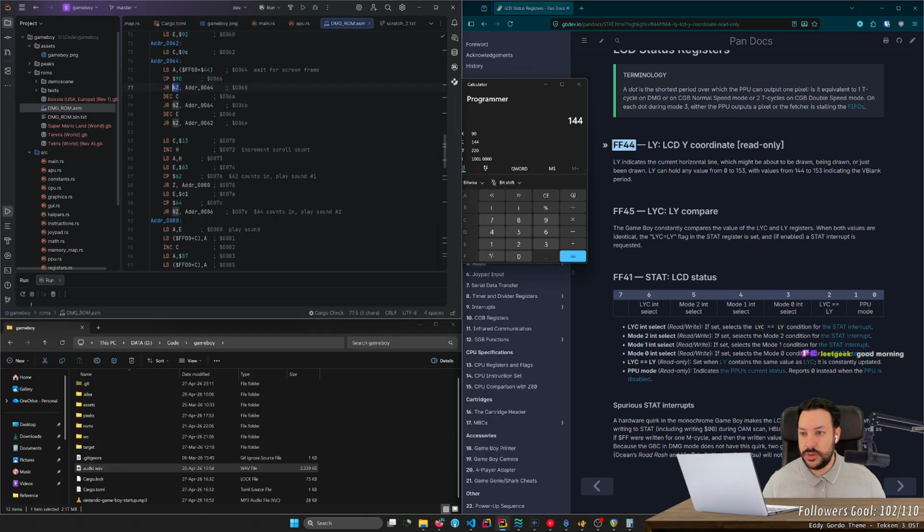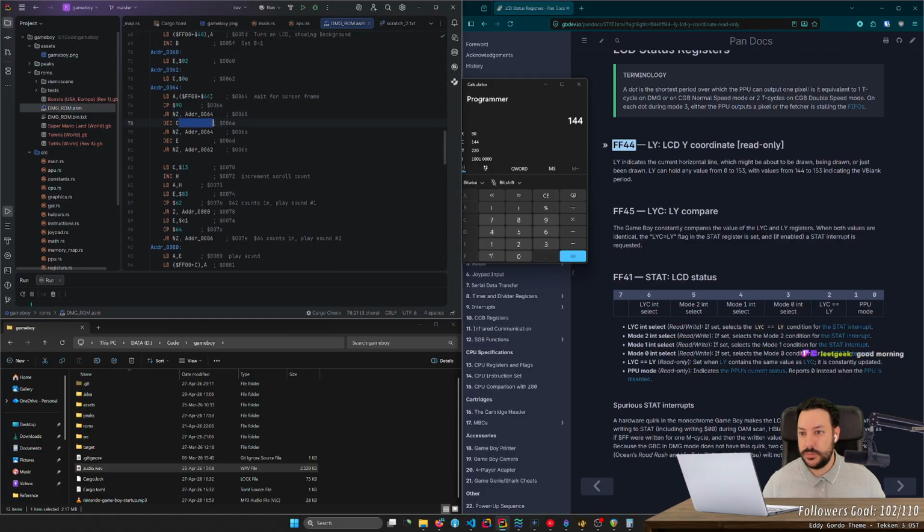Whenever it's non-zero, meaning it didn't reach that line, it goes back onto this very small loop. But whenever you render a frame, you decrement C. C starts at 0C, which is 12. So it runs something for 12 frames.